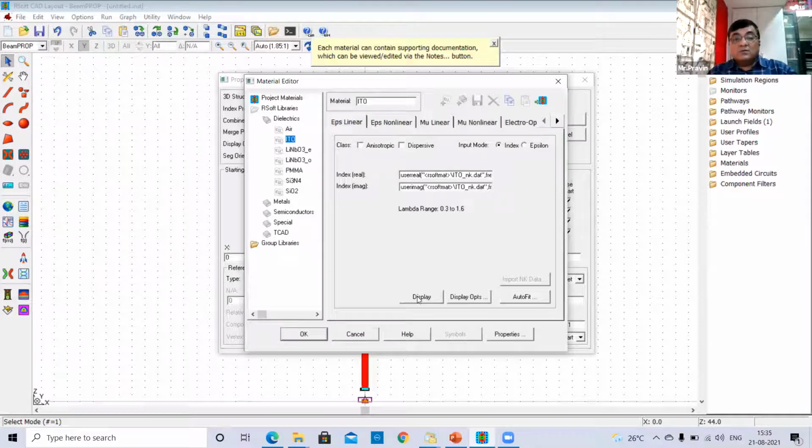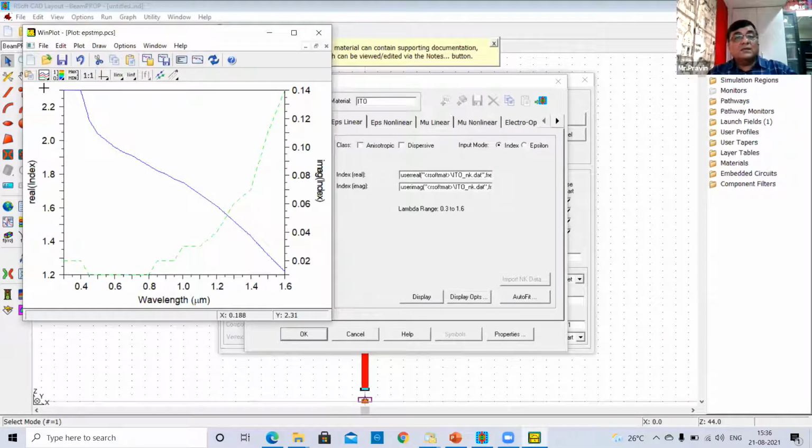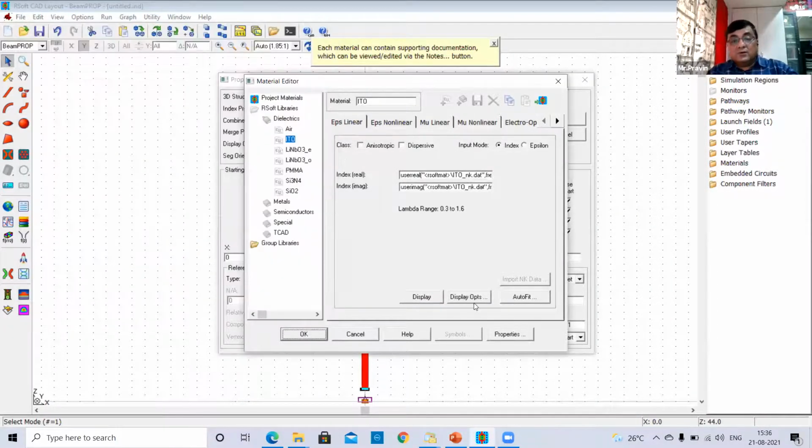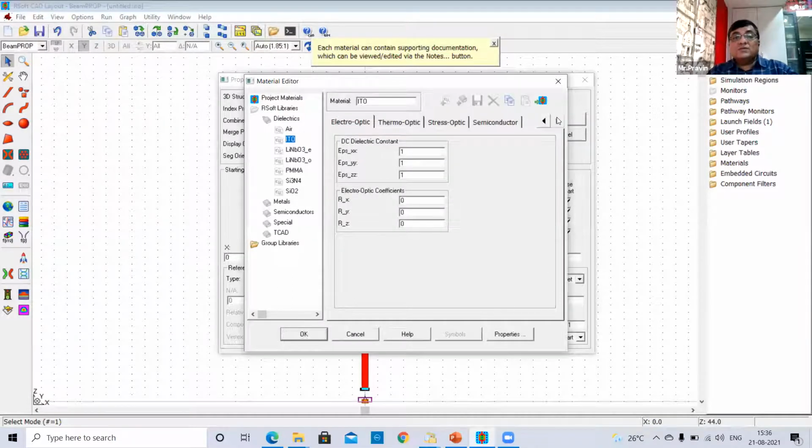If you want to find out what the index is for this, you can check over here. Okay, and so on. There are different tabs, and each of the tabs defines different properties.